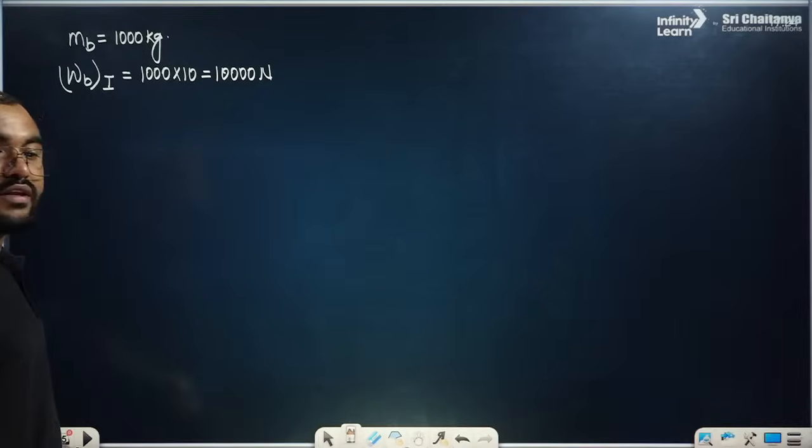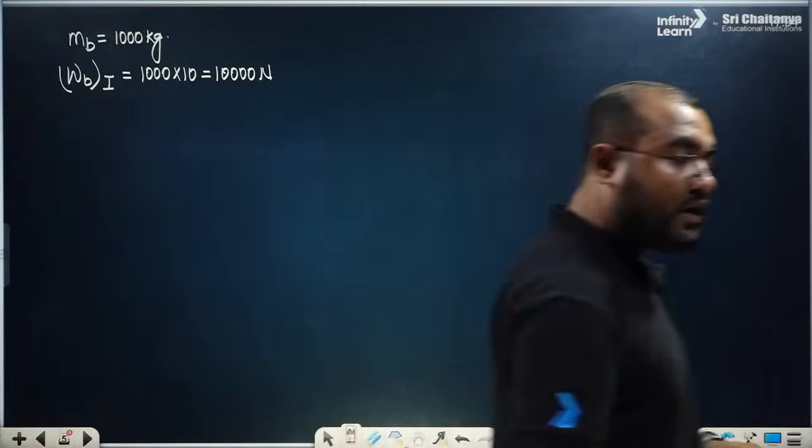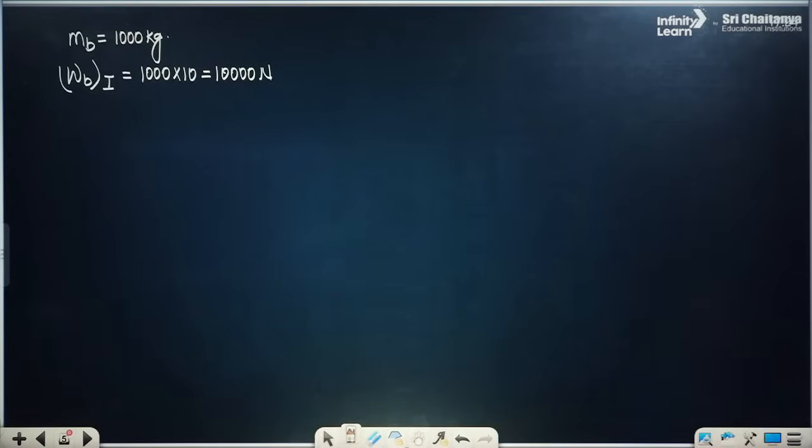After that, what is happening? The 100 kg of mass has been released. If the 100 kg of mass is released, so what we can find from here is